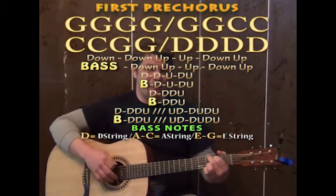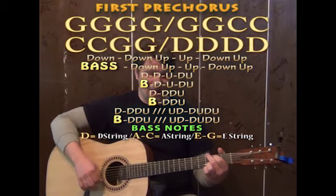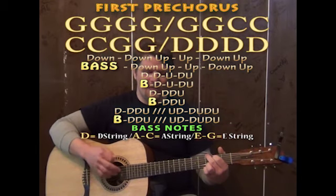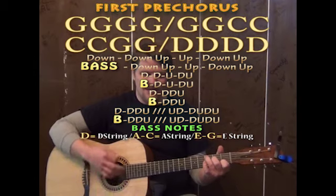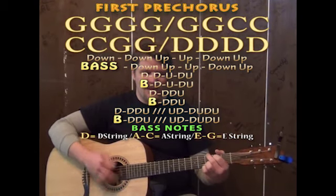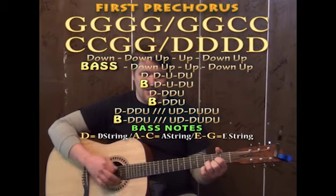You could even make it kind of a bass, down, up, or bass, down, down, up, bass, down, down. It's kind of matching the drum feel. So you have G with low E bass, repeated, then C with an A bass, repeated, then G with low E bass, G with an A bass, C with an A bass,